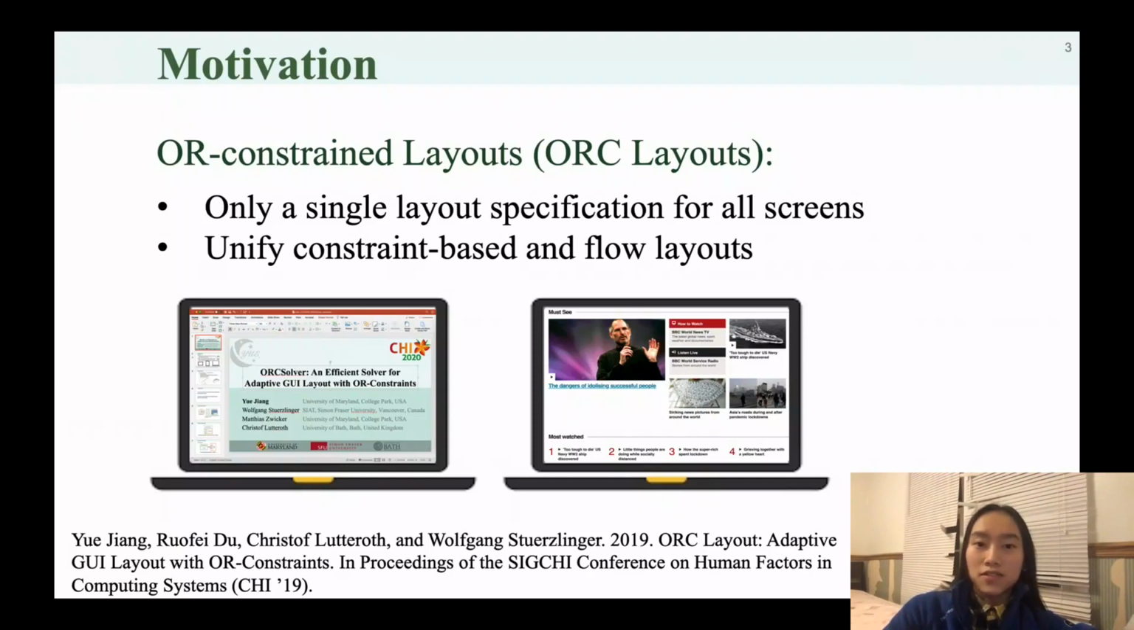Web layouts are often flow-based. Whenever the screen size changes, items can reflow down the page in the same way we read a document. However, flow layouts do not allow designers to restrict the positions and sizes of items relative to each other. Unifying these two kinds of layouts with all constraints makes GUI design less time-consuming, easier to maintain, and to keep